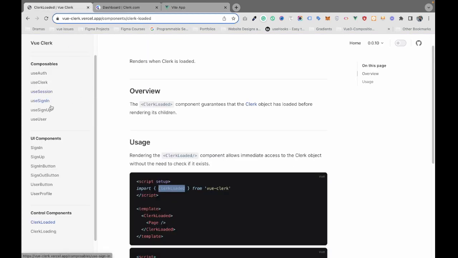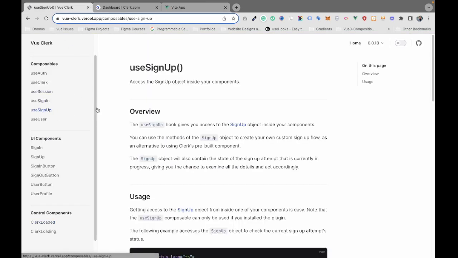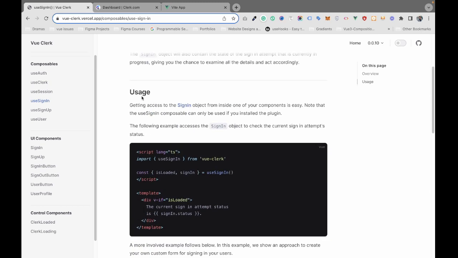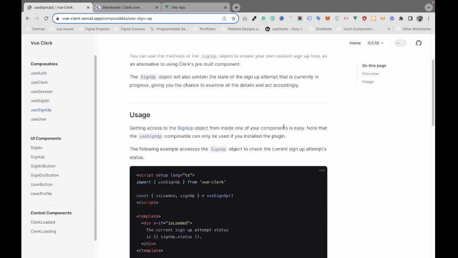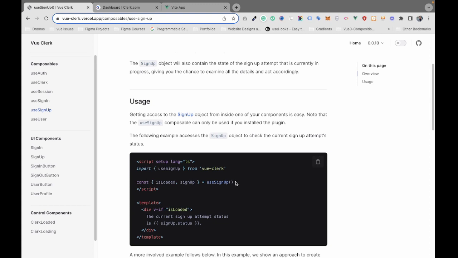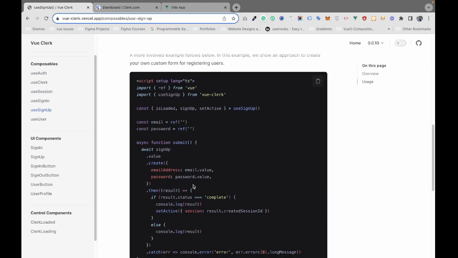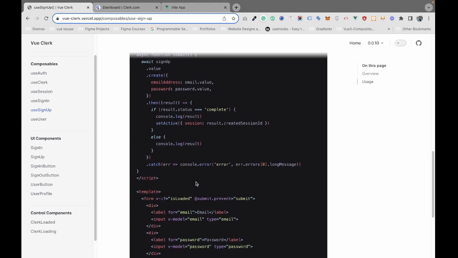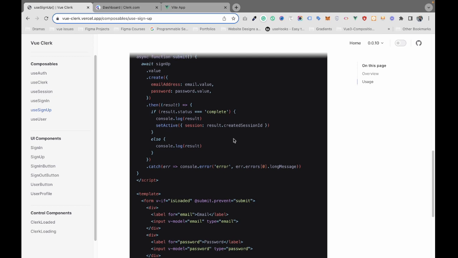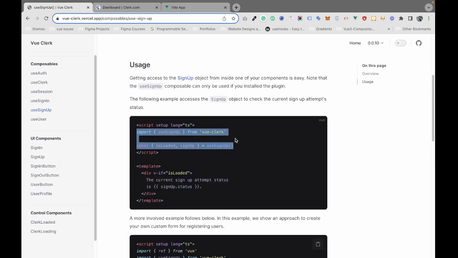If I come to the sign up, as we are creating the custom register, you can also create your own sign in according to the way I will do that. Here it is saying I have to import these composables from Vue Clerk. I can simply copy that, and all of the steps are mentioned here, but I will do it a little differently. So for now, let's copy these,